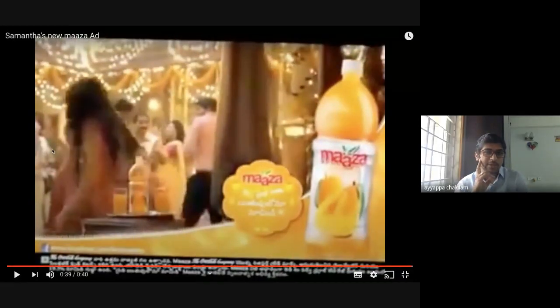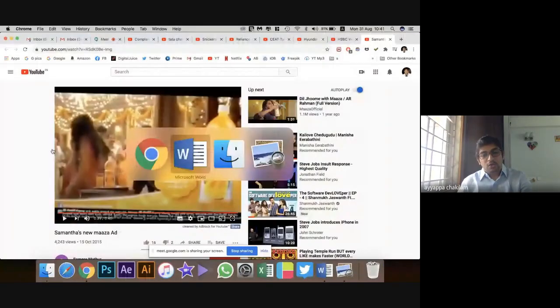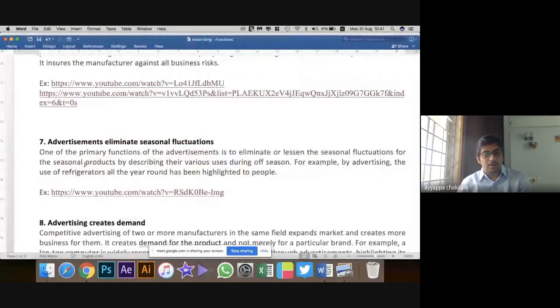So the last one is Prati Rutulonu Mahabiri, that is every season's mango. The grandfather wants a mango during the off season, but he cannot have a mango. So at that point of time, how do you satisfy his cravings? Just by giving a mango substitute. Maaza is a substitute for mangoes and can be had during the off seasons also. That's how they're trying to eliminate the fluctuations that happen for the products because of the seasons.